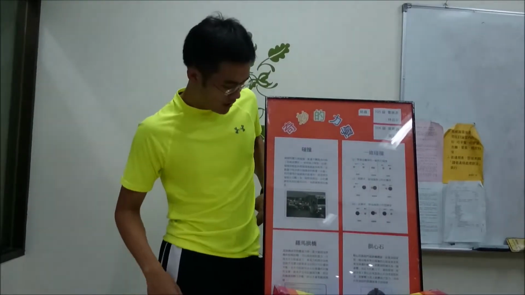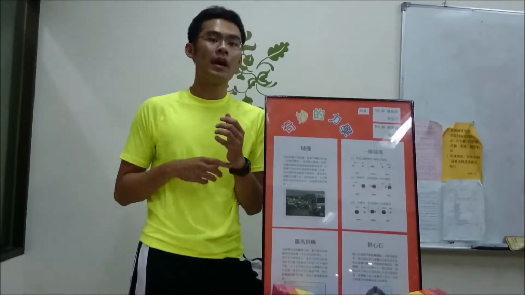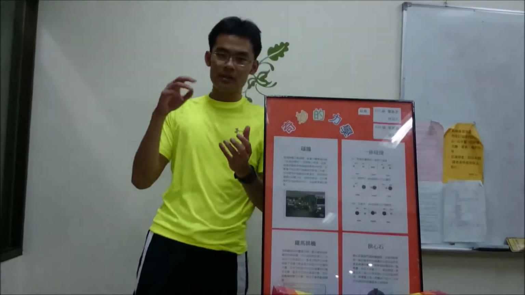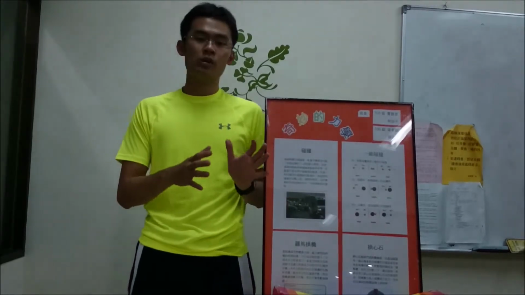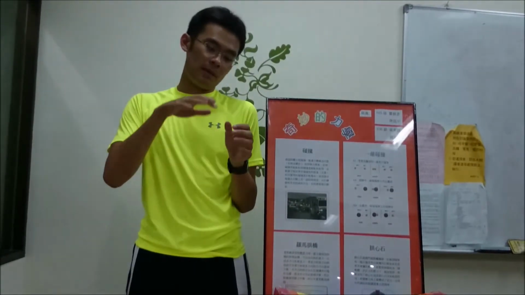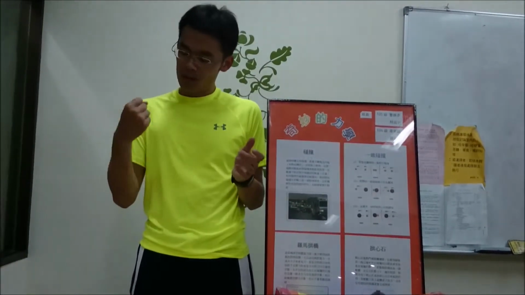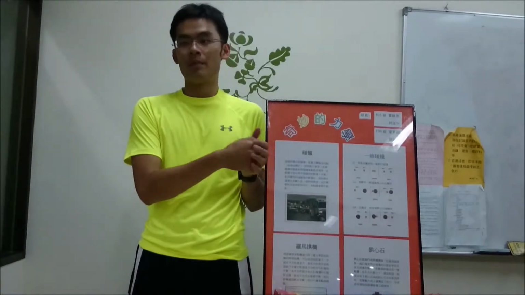Okay, at first we discuss the light ball colliding with the heavy ball. The heavy ball is like a wall to the light ball. So when the light ball collides with the big ball, the big ball almost doesn't move, and the light ball will rebound.